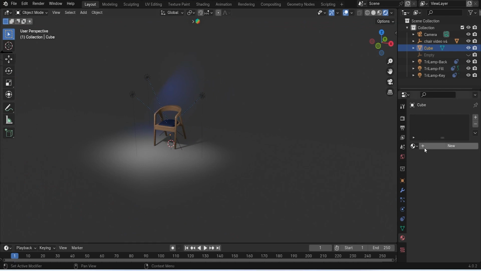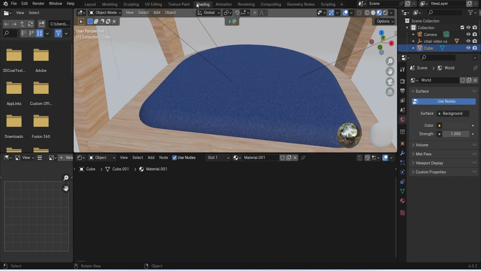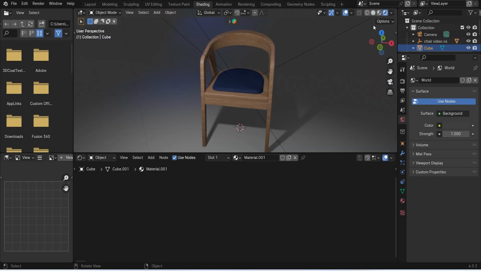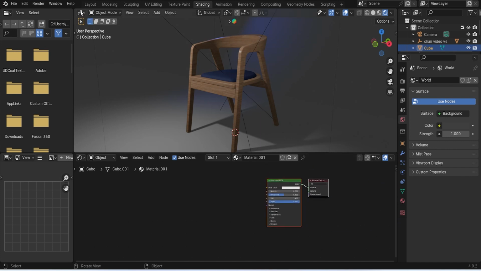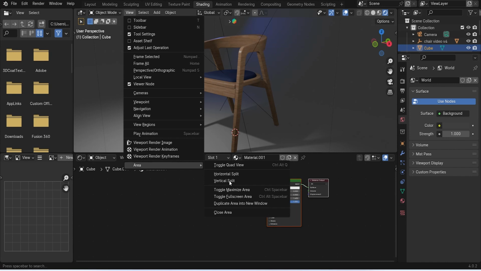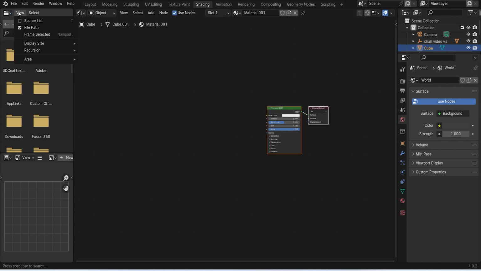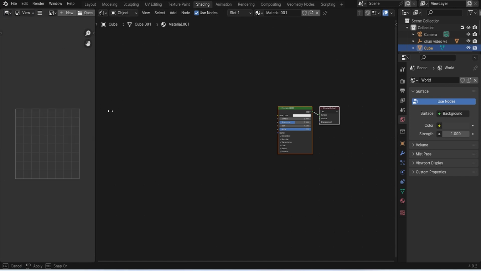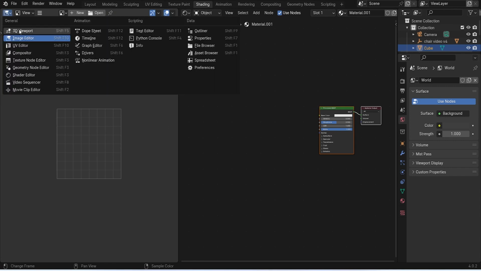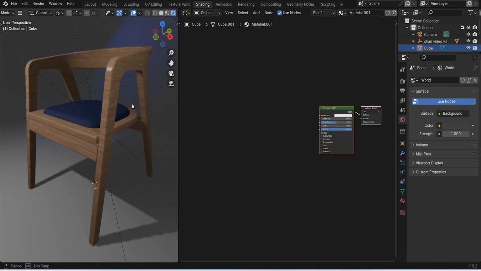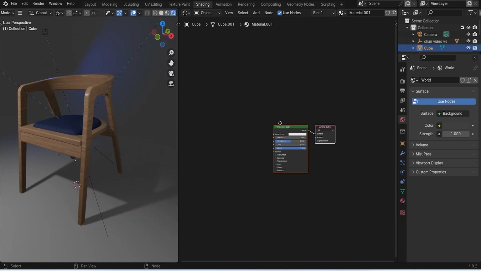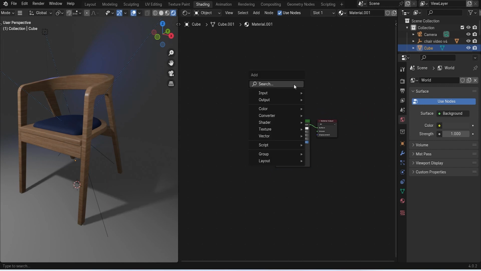I'm then going to add a new material and go into shading. Let's get rid of these first. Let's area, close area, area, close area. I'm going to set this one up to my 3D view and turn the materials on like that. So here's what we're going to do. Let's start. I'm going to type in